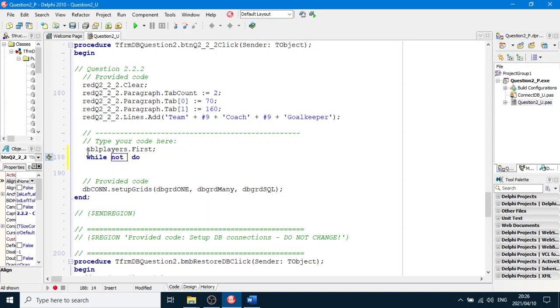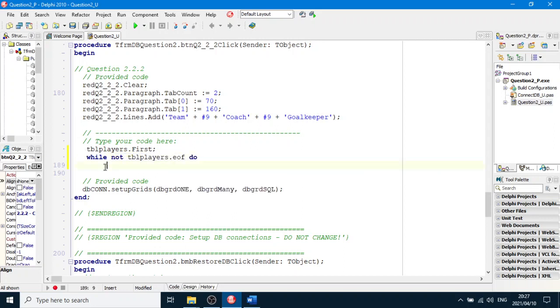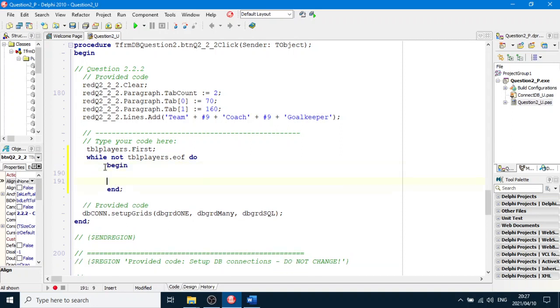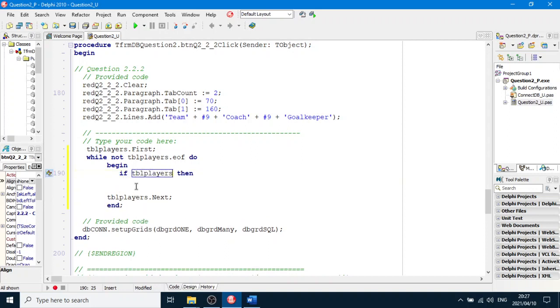Wow, not TBL players dot end of file. Do begin and end. And yes, we are going to make sure we have TBL players dot next over here, so we don't miss that one out. So we go to the first row of players, and then we're going to check if goalkeeper is true. If TBL players, square brackets, goalkeeper